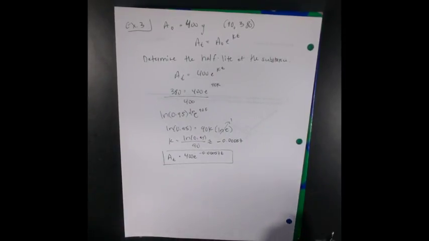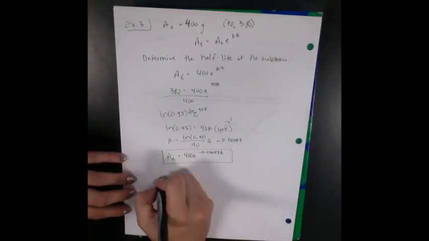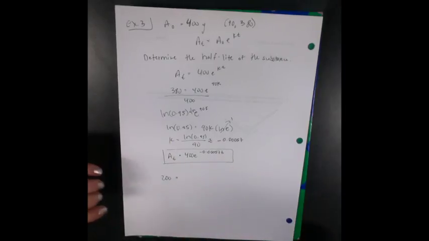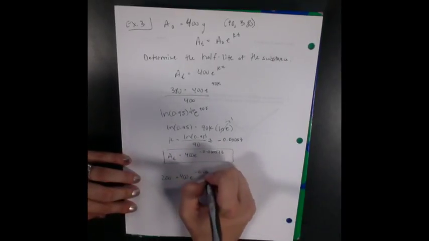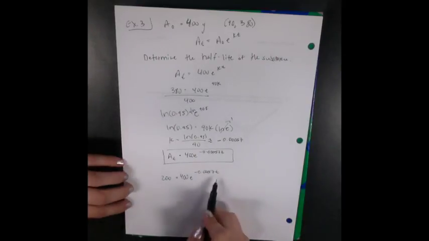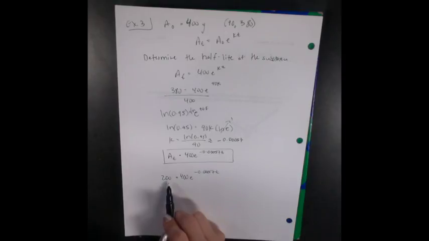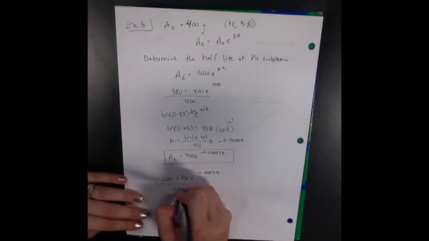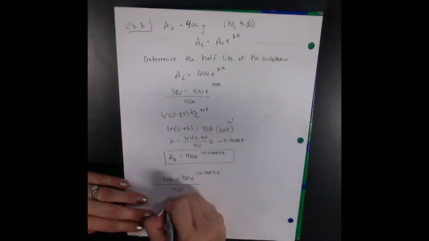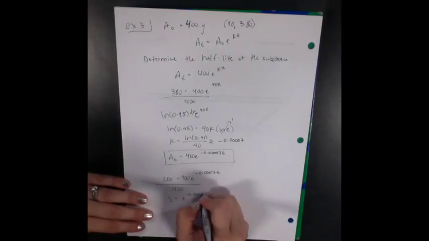Now, half-life. Whenever you solve for half-life, you take your initial value and halve it, which in this case is 200, and I'm looking for the time, the t, that will give me that half value of 200. So, again, we solve it the regular way, so I get 1/2 equals e to the negative 0.00057